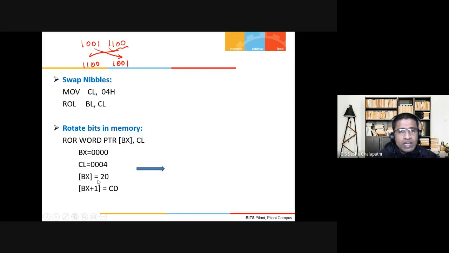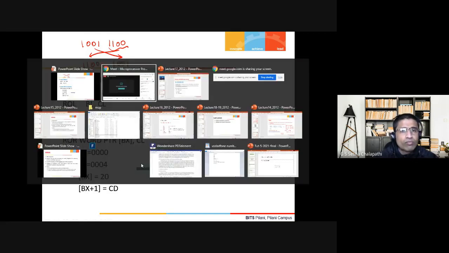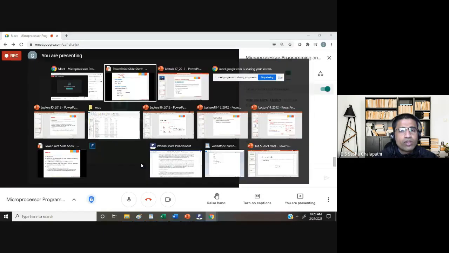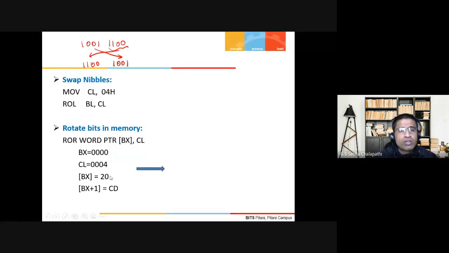The memory at [BX] is 20 and BX plus 1 is CD. In this case, what will be the answer? The first location is 20, the next location is CD. After 4 rotations, what is the answer?